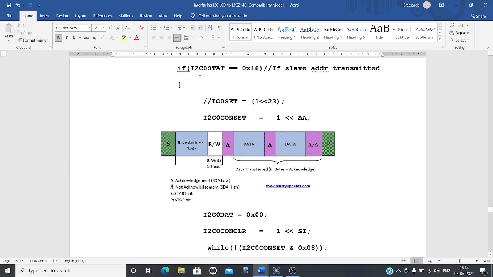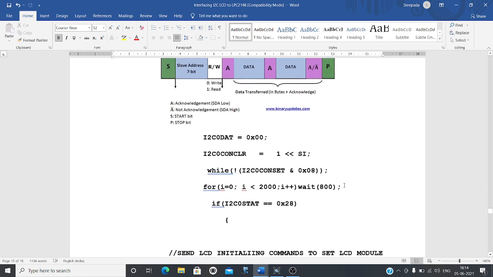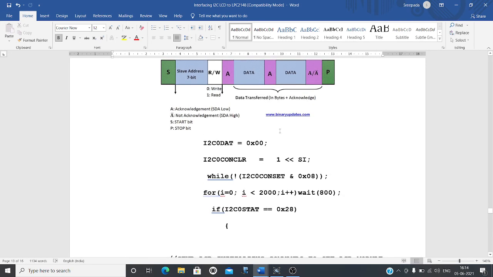So here if I2C0 STAT contains 0x18, then do this. What is that? You send an acknowledgement pulse. So here I2C0 DAT is equal to 0x00. It is nothing but, actually this one.